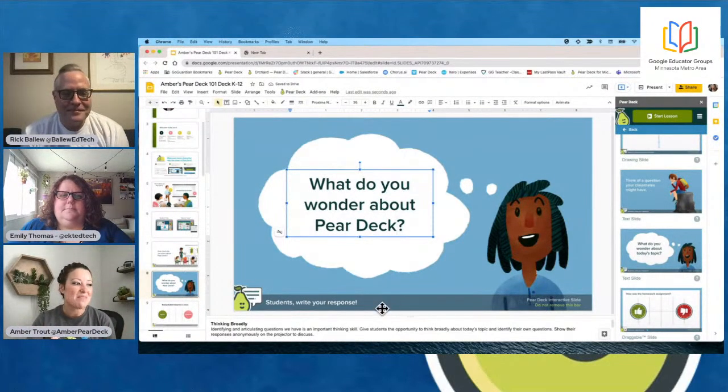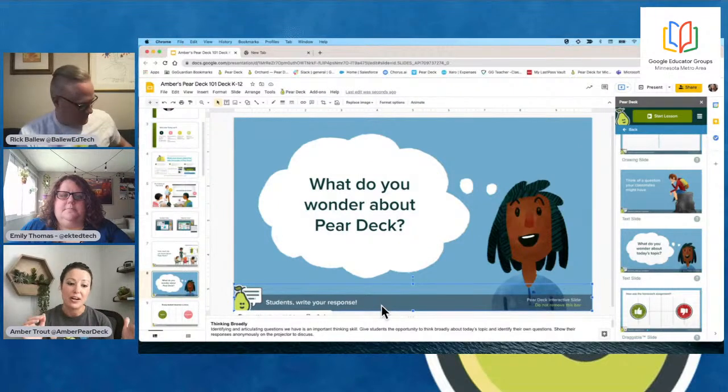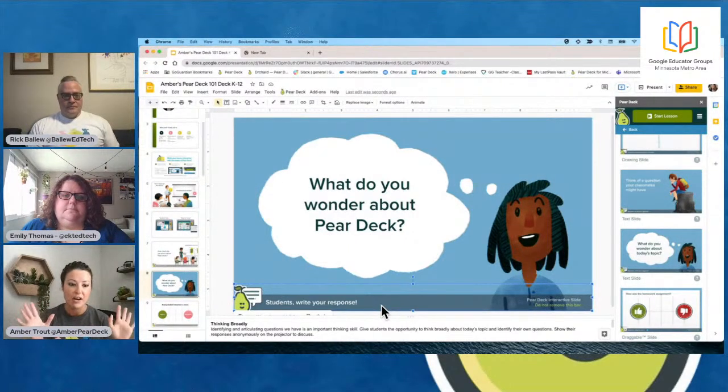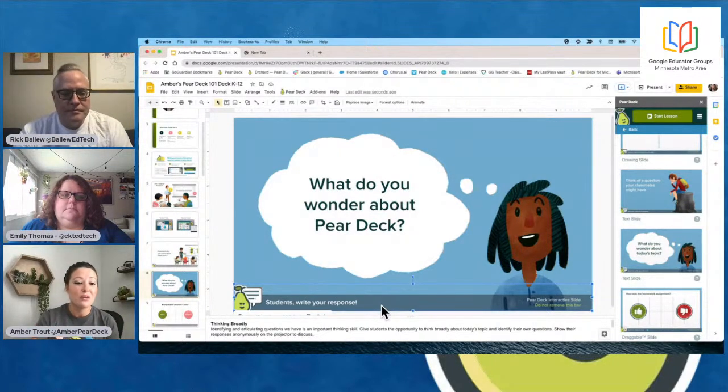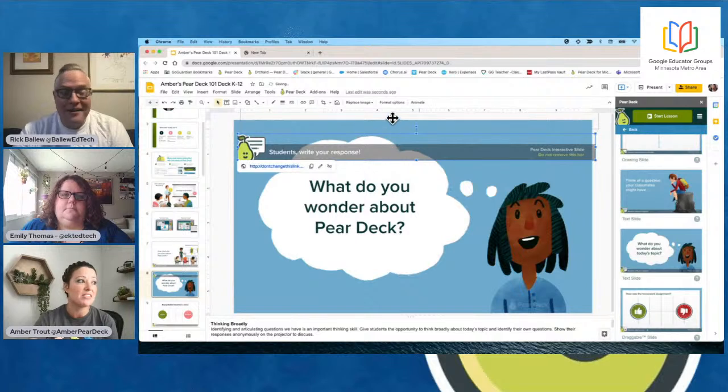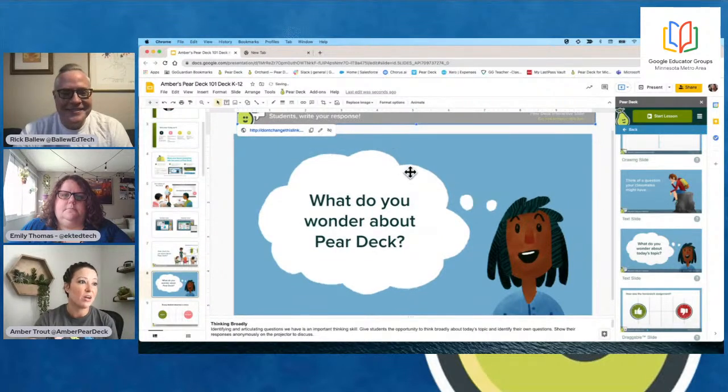Also, this little guy at the bottom here is going to be your interactivity bar. It's telling you it's a Pear Deck slide. Do not delete it. A lot of teachers are wondering, how do I get it back to a regular slide? You just delete the bar on the bottom, takes off Pear Deck, you're back to your normal slide. Now, a lot of teachers don't know this, but that little guy sometimes gets in trouble because it's covering up your content. And a lot of teachers are like, what do I do with it? Well, the little bar at the bottom doesn't have to stay at the bottom. Can't be deleted, but you can move this guy wherever you want. Maybe you want to take it up off the slide, maybe so that it's not covering up your content.